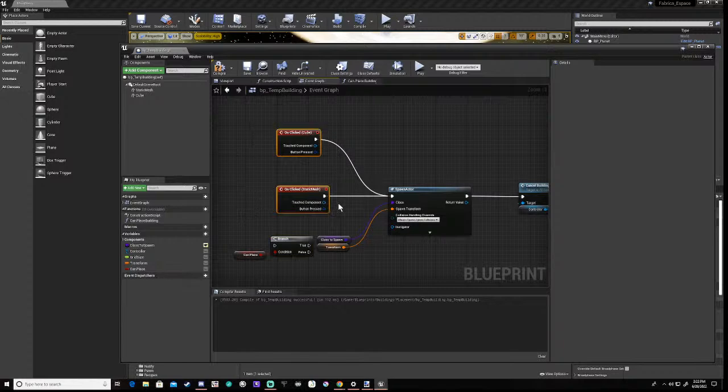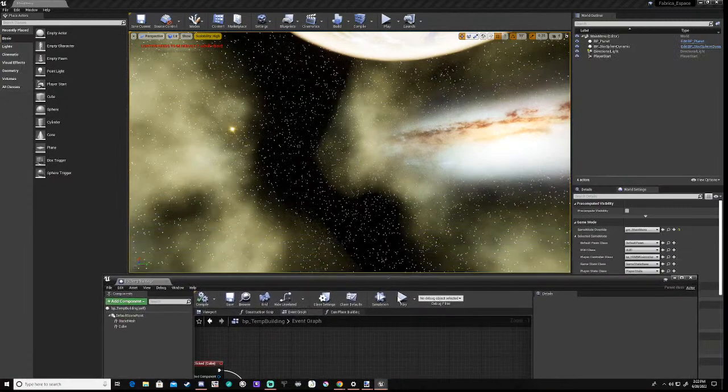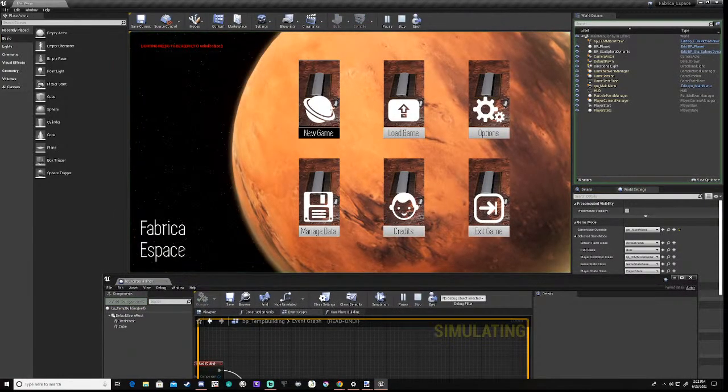Okay, now these two are going to move left a bit. And we can basically plug these two into here and set that to there. Right, so once we have done that, we should be able to see